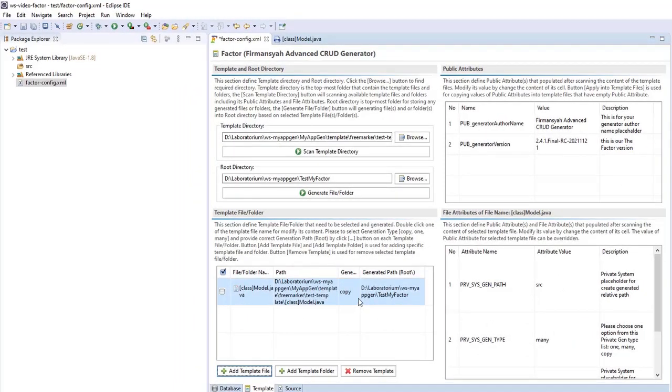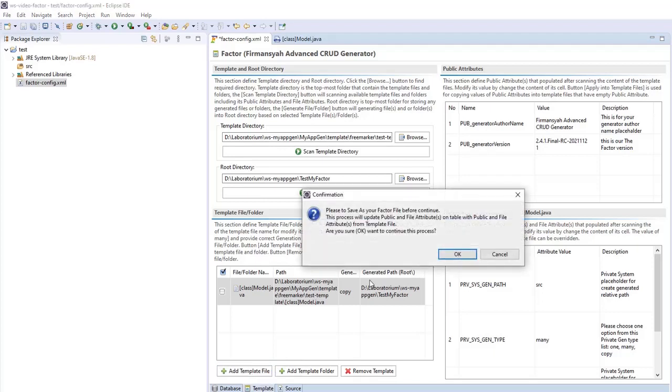Okay, I want to demo adding a template file, so I click this add template file button, and this is the Windows confirmation to save your factor file before continuing, because it will change whatever you may have already modified.